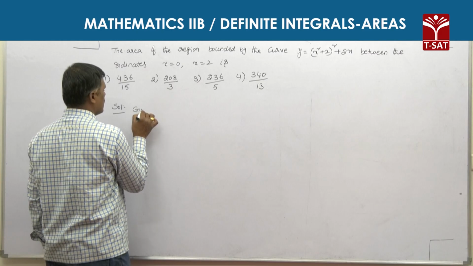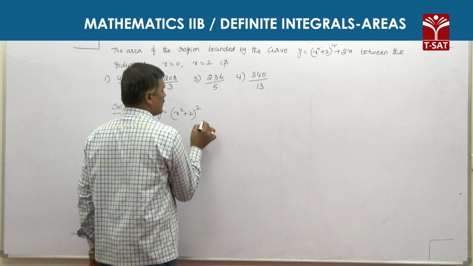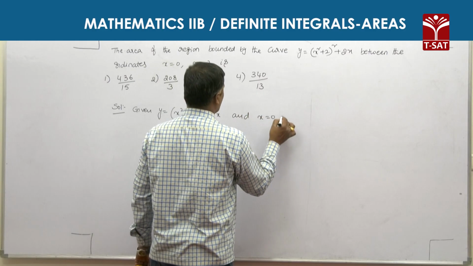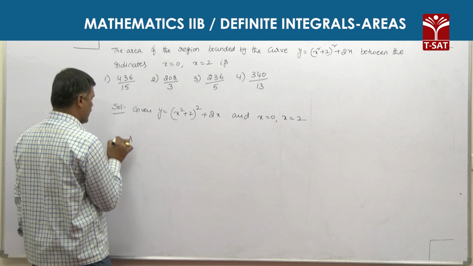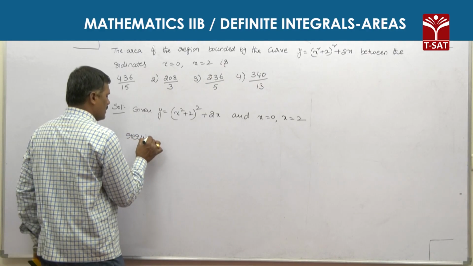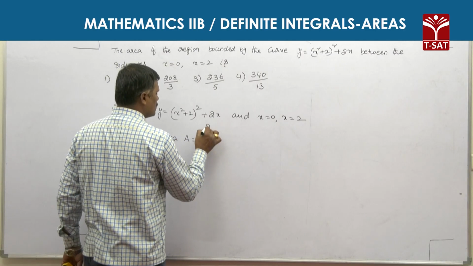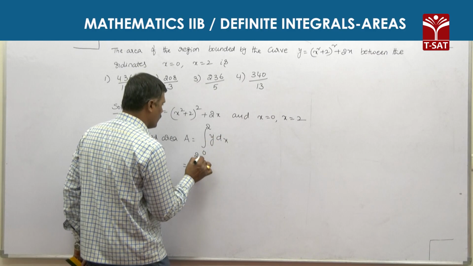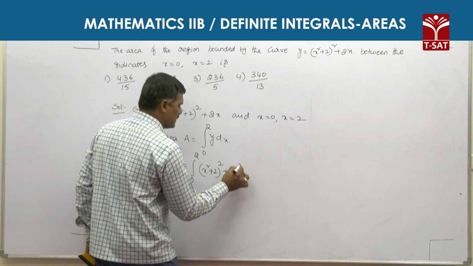Given y is equal to x square plus 2 whole square plus 2x and x is equal to 0, x is equal to 2. Therefore, required area A is equal to integral of 0 to 2 y dx, that is equal to integral of 0 to 2, y is equal to x square plus 2 whole square plus 2x, into dx,